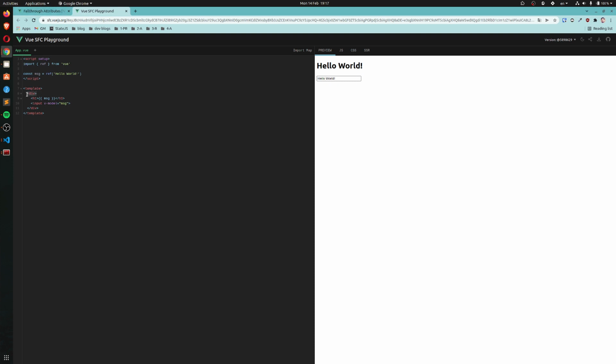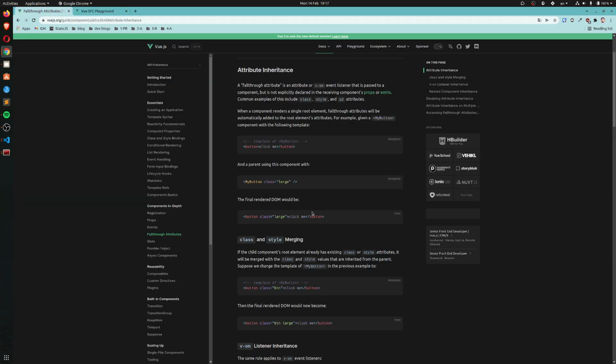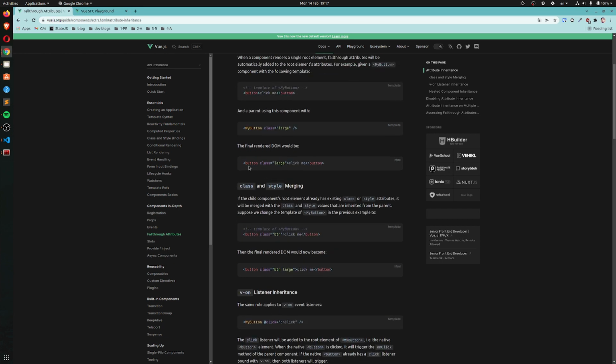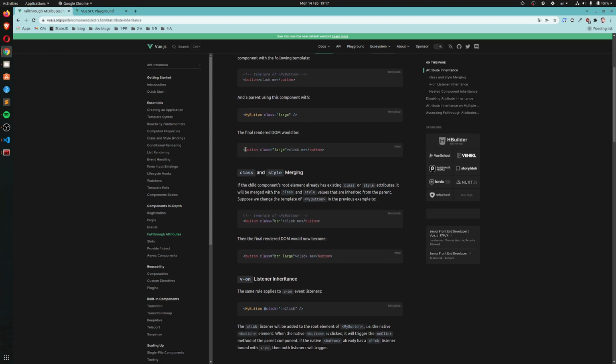It's important to keep in mind that some things are a bit different for components that have one root and for components that have multiple roots. So for components that have one root, if we give a class large to the component, then the DOM will end up being like this, adding this class large to the root element of the component. If there is only one root,